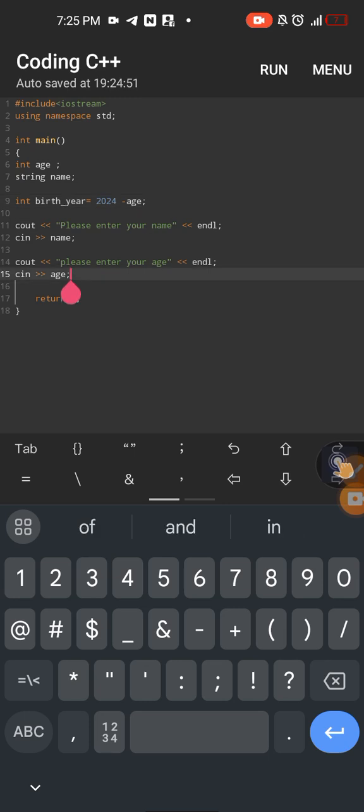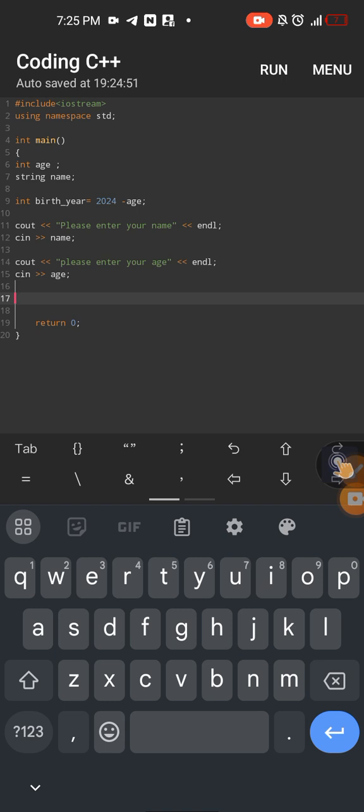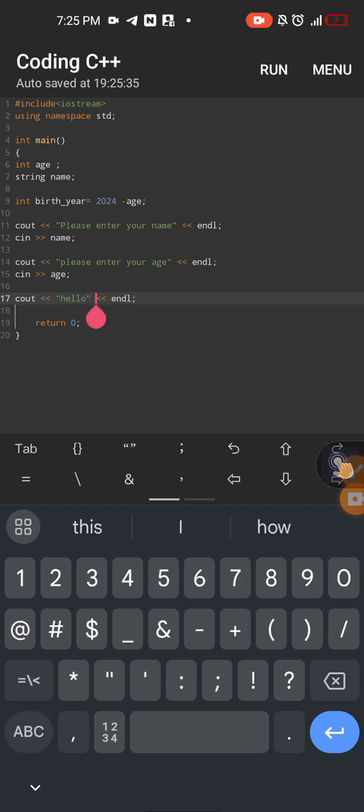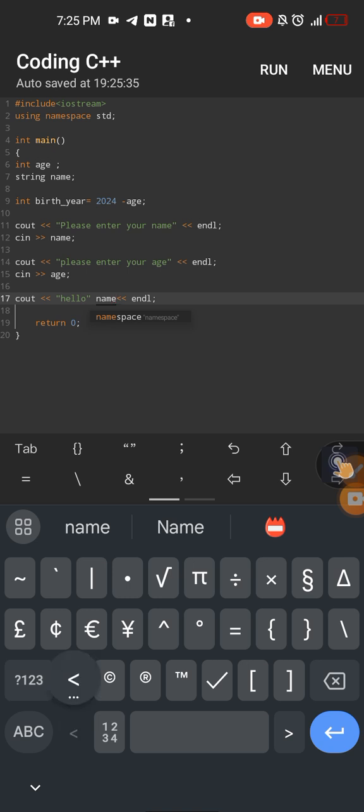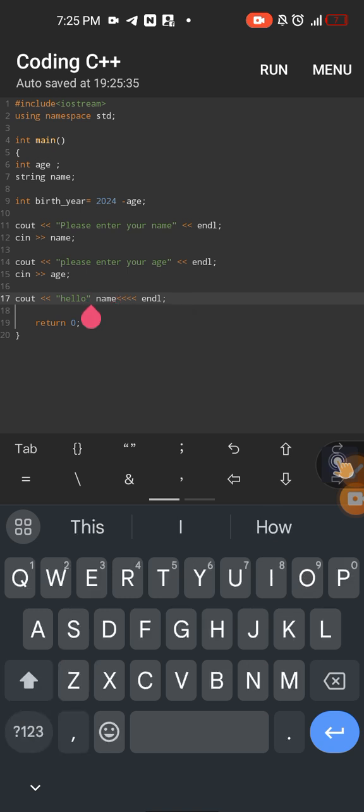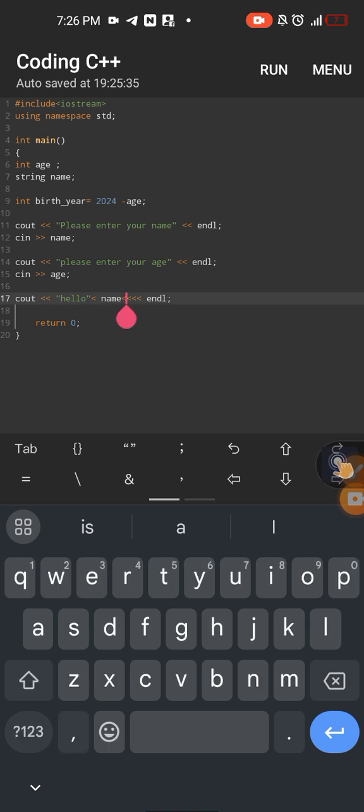Okay, so now the question says that we should display the username and the age and then a welcome message. Everything should be in one line. So we go for cout, and then we'll first go for Hello, and then we'll bring the person's name here. So hello name, and then we'll say